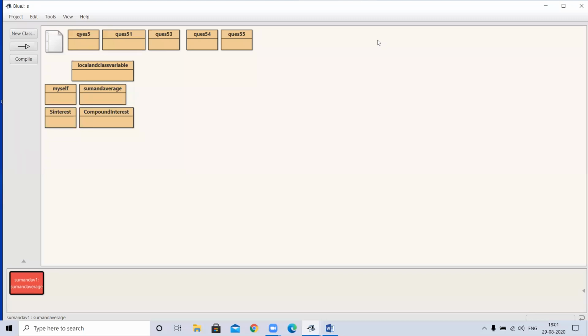Okay, children. So in this video, I explained 2 programs, these 2 basic programs, and sum and average. So in my next video, which I will send you today only, you will watch these both videos. Next video will also be based on programming, in which I will calculate simple interest and compound interest.